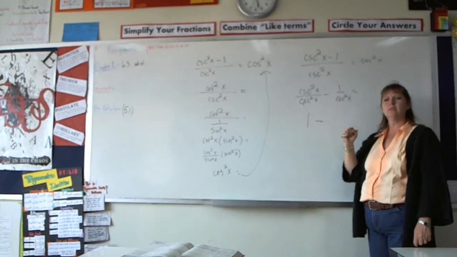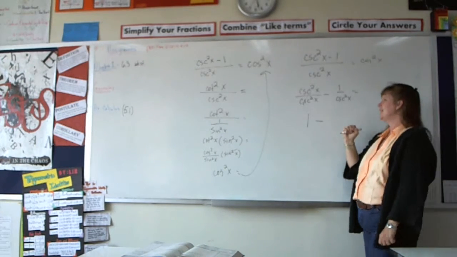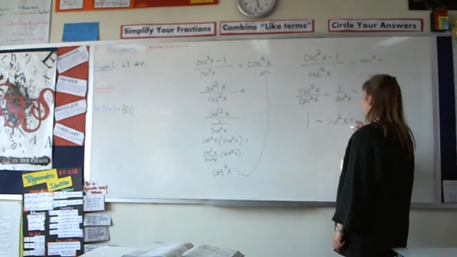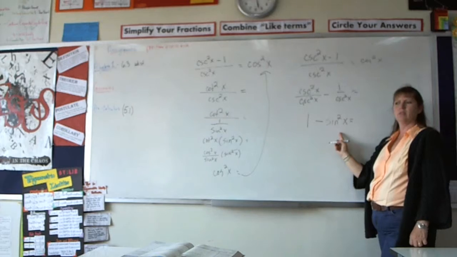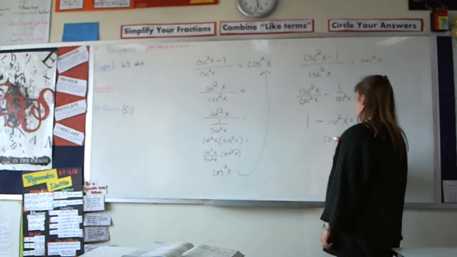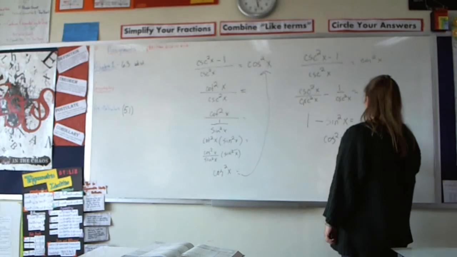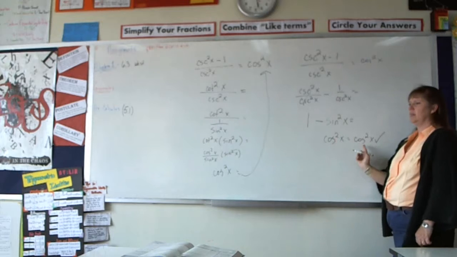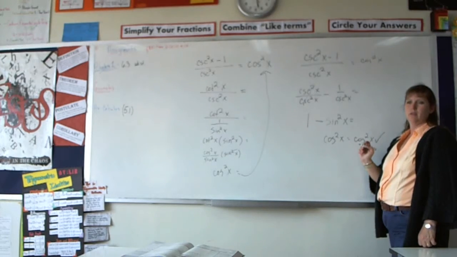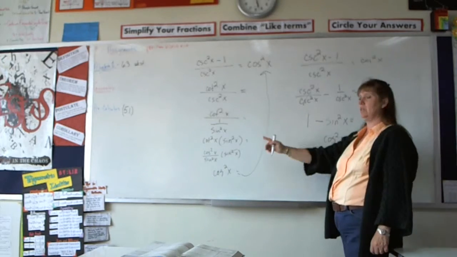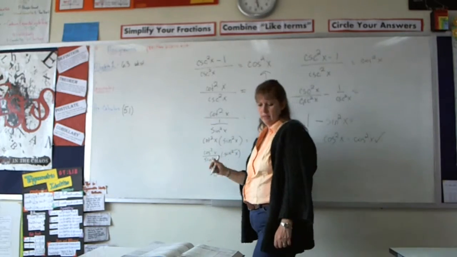Say it with confidence. Sine squared. It is sine squared, right? What does this equal? 1 minus sine squared x? Cosine squared x. Cosine squared x. And now you have verified it a second way. So there's not always one way. Sometimes there is just one way, but this one actually gives you the option of 2 different ways to verify